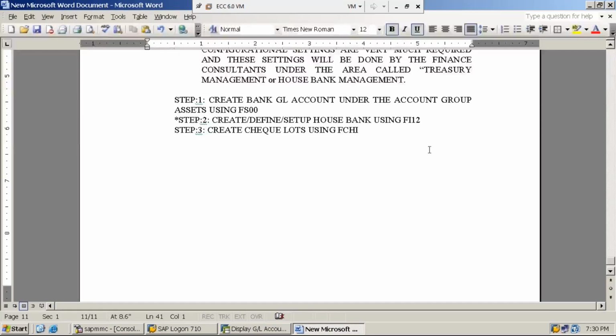Clear so far? Yes. So now we have maintained bank related data in the system. Now we can make use of the settings in order to make the payment, in order to route the vendor payment via bank. Okay, so for that, next step, step number 4, process vendor invoice